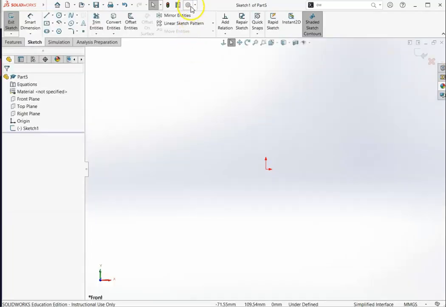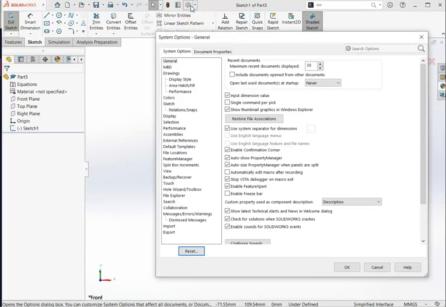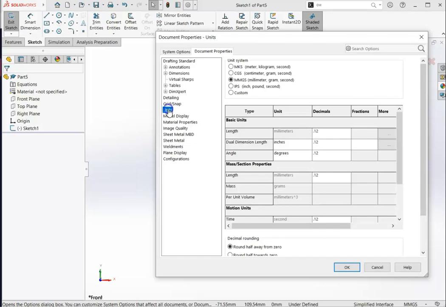Then we want to go to the options, the gear, at the top right above the command manager line, and we're going to click document properties, units, set it to inches, pounds, seconds. The length we said was going to be 3 decimal places. The angles were going to be 0 or none, and we'll click